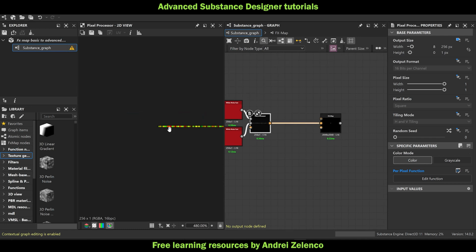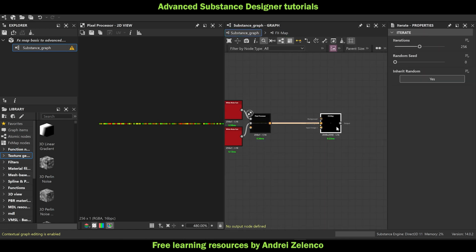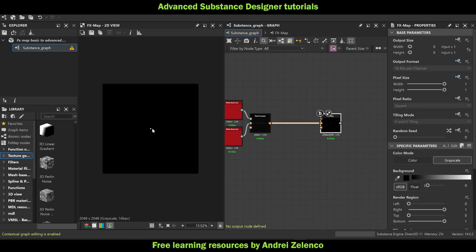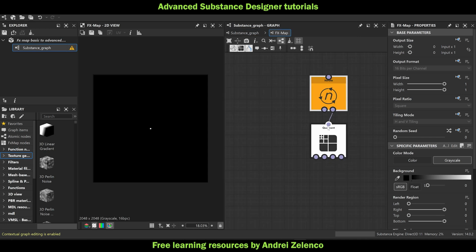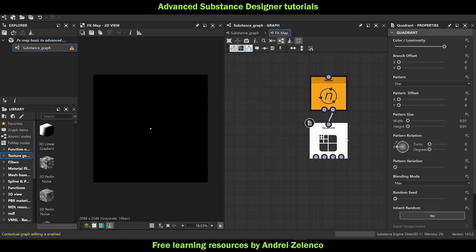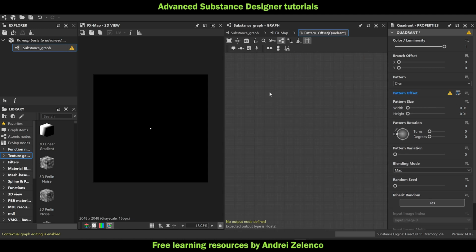So let us do this. So we're already iterating 256 times. Although you don't know, you currently have 256 points sitting on top of each other, which is great. Then we need to go inside of the quadrant now, and if you remember, where do we want to go to make sure that we're moving things around? We need to go here into pattern offset. Okay, so then we're going to have a way of